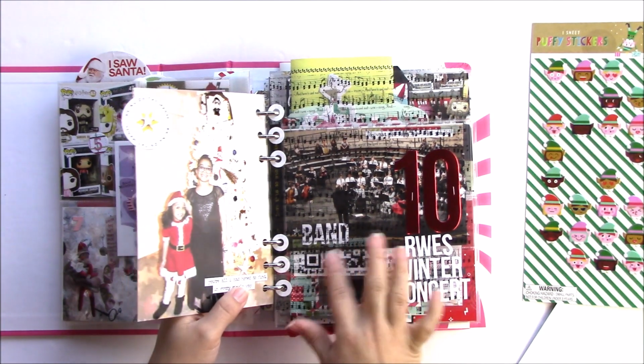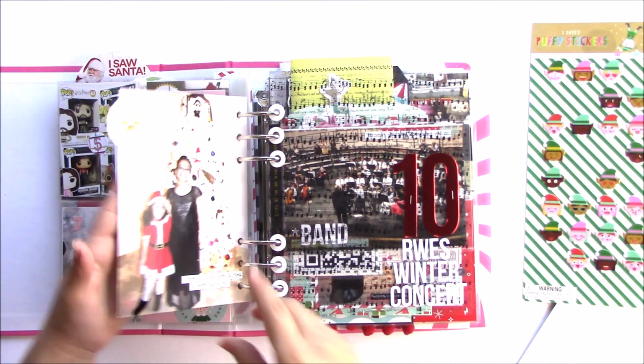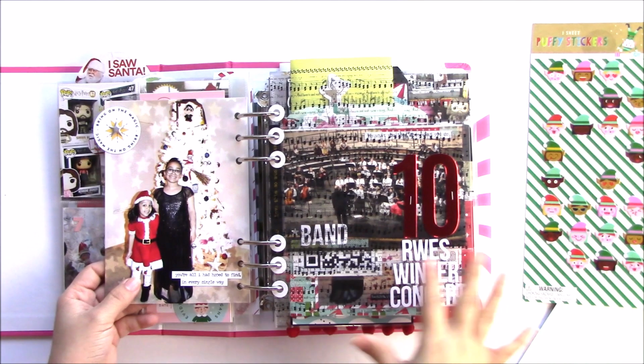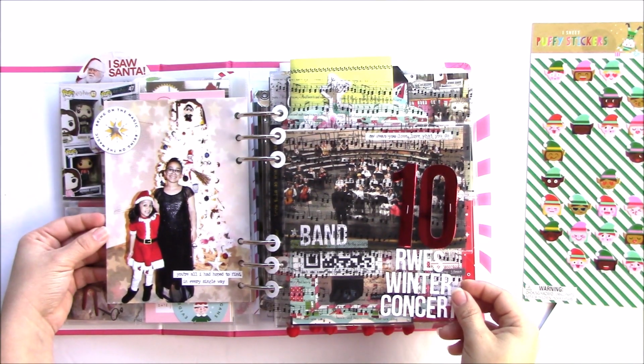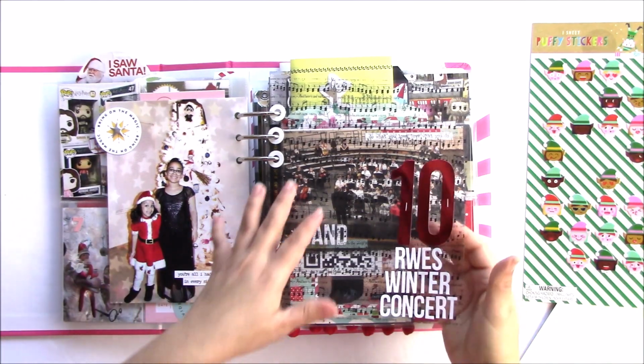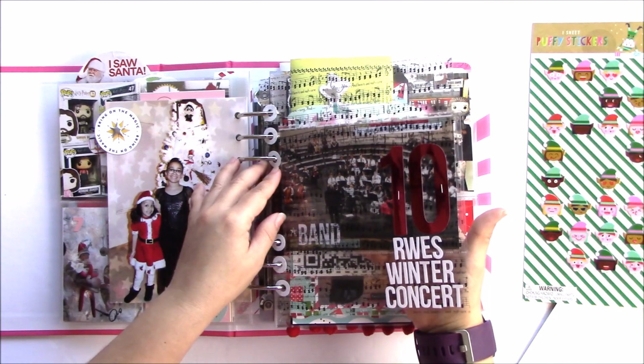Seems like the star got stuck to the clear. But yeah, I love that photo. This is day 2. I had a lot of photos. My daughter had her concert that day. I love this picture. Then I'm not going to show these because these are pictures of the band and there are a bunch of kids,